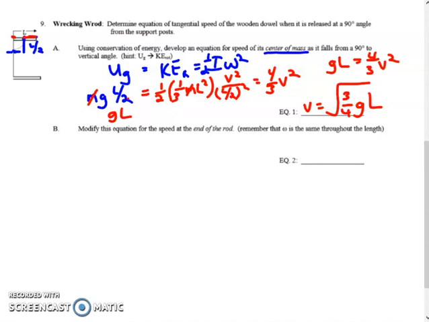Okay, now we want the speed at the end of the rod, right there. So we've got the speed of the center of mass. How do we get it for the end of the rod? Well, we use the idea that omega is the same for both. So basically, v over r equals v2 over r2. And you do that